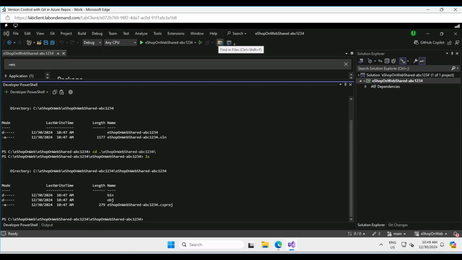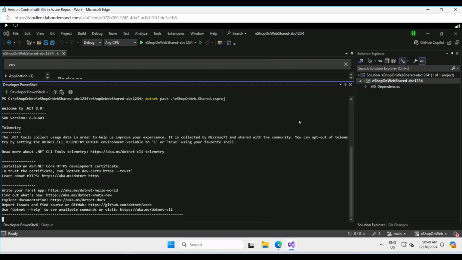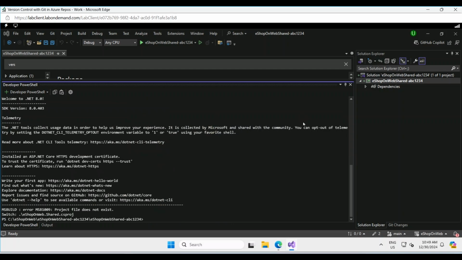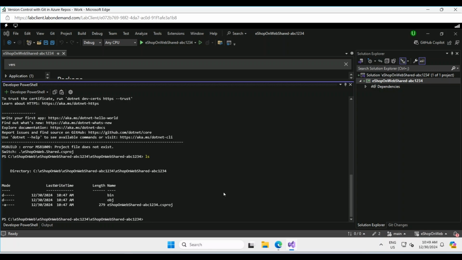So let's execute the next command for .NET Pack. In the bin folder, in release,